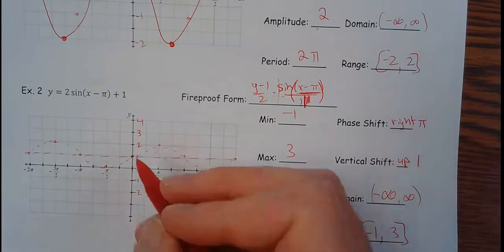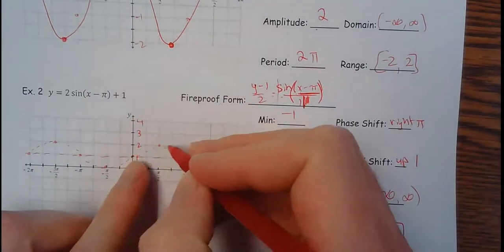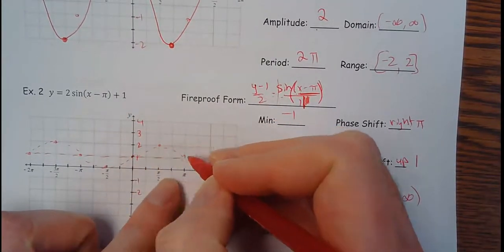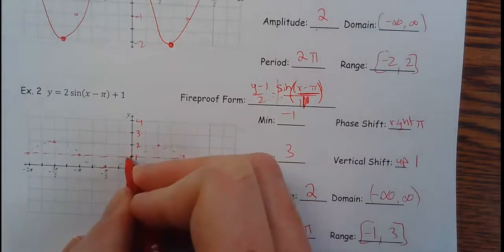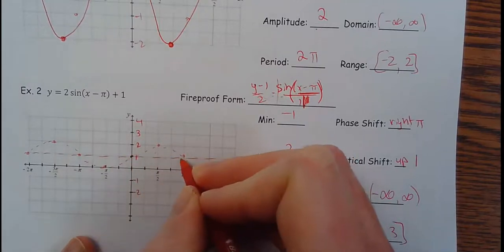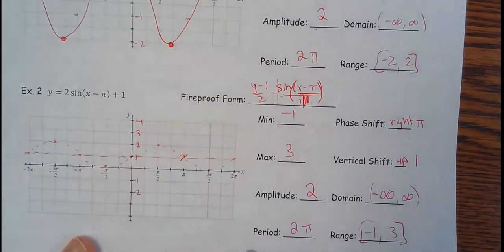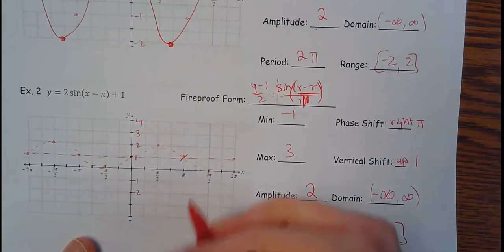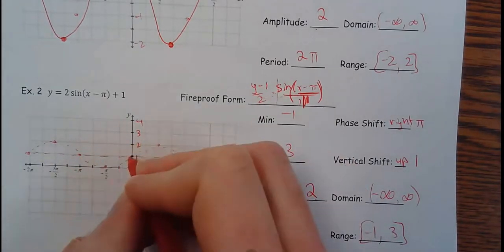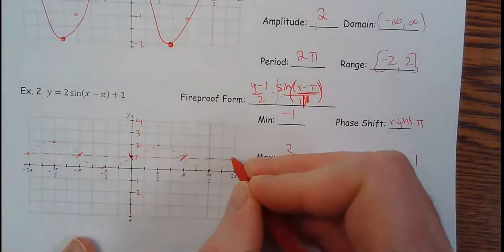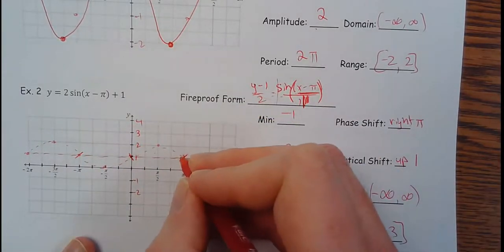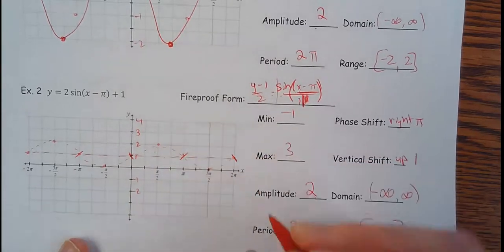pi units. Okay, so this is a 0, it's going to go over pi units. So I'll take care of the zeros first. So I'm going to go over pi units. So this up will now be here. I'm just going to put a little dash line up so I know that that's an up. This down will be here now. This up will be here now. And then that was a down. Now it'll go to here. And then